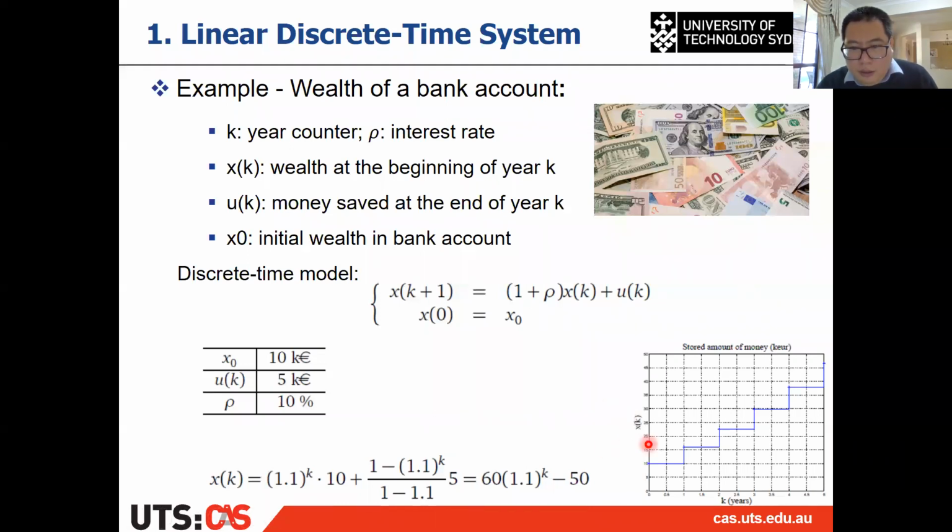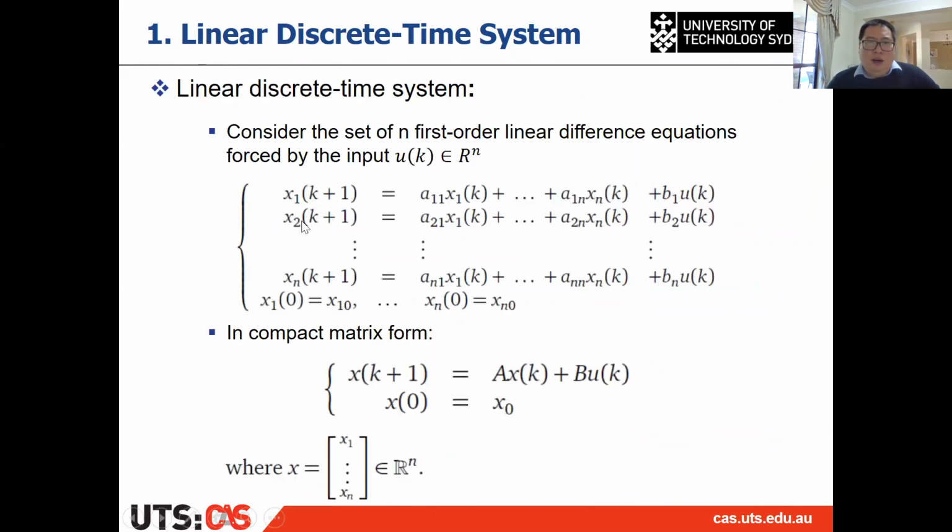Then the bottom right figure is the solution, or the change of the state of my bank account. You can see that in each year it's constant, and then every year it changes. So that's a discrete time system. All right, so at the beginning I gave a very simple case of only one dimension of the linear discrete